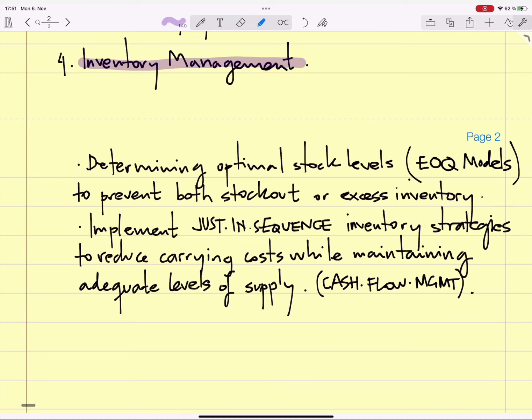So I'll tick this as already seen, and this just-in-sequence inventory strategies we will look at in the next weeks on a case study, as I said. Any questions so far, please? Nope. No questions. No questions, Nicole? No. Okay, then we continue with